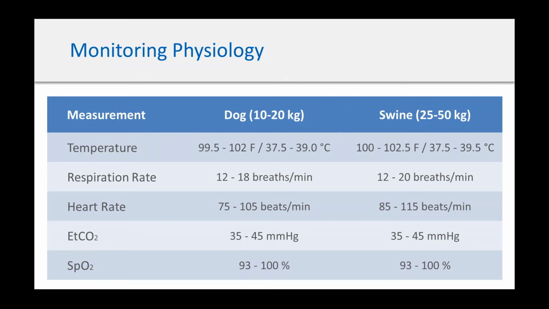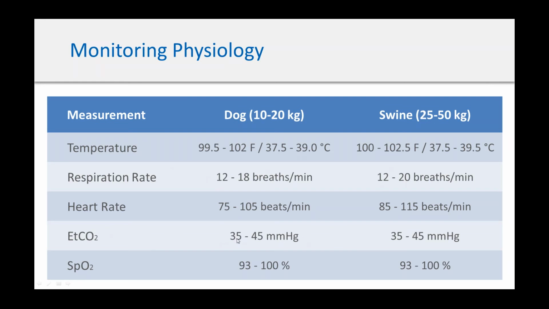So we always monitor temperature, and we're very careful about keeping our temperature in the selected ranges, both for dogs and pigs. We oftentimes use some sort of heating blanket. We use a Bair Hugger to keep these animals in that selected range. The respiration rate for dogs is between 12 and 18, for pigs between 12 and 20. We control the respiration rate through the ventilator, and primarily what we do is adjust the respiration rate and the depth of breathing